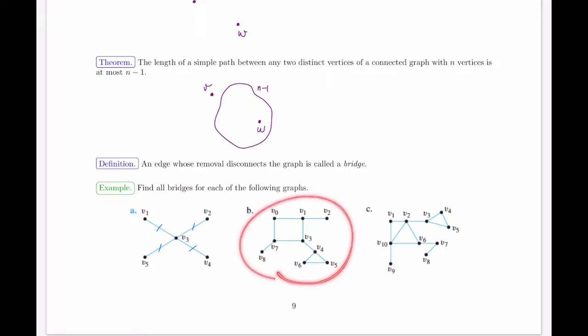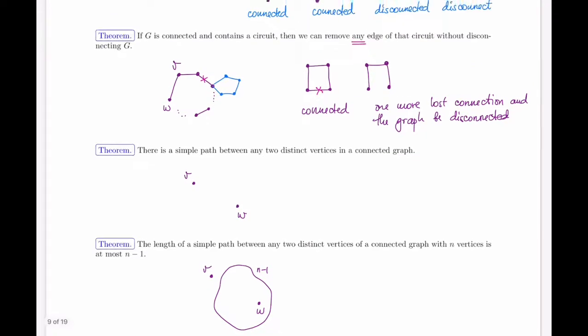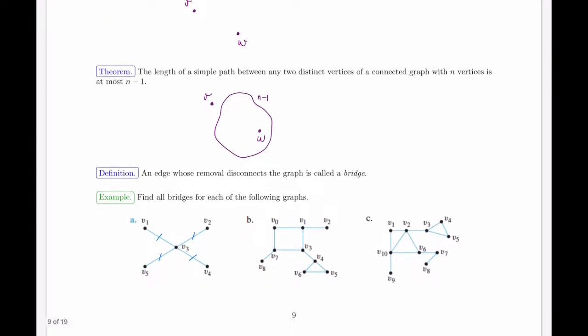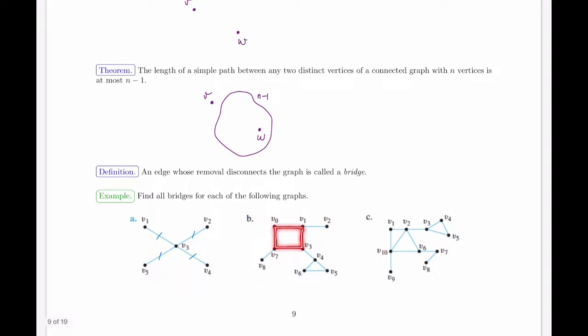Let's take a look at this graph here. For example, is this edge a bridge? If I cut this edge out, will my graph get disconnected? Well, no. In fact, I know exactly why not, because I have a circuit here, or even a cycle. So remember that if the graph is connected and contains a circuit, removing any edge of it will not disconnect the graph. So I notice that there is a little circuit here, which means removing any one of these edges, not all of them, will not disconnect the graph,